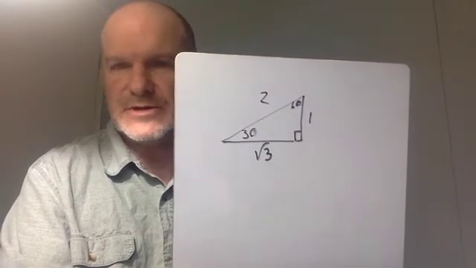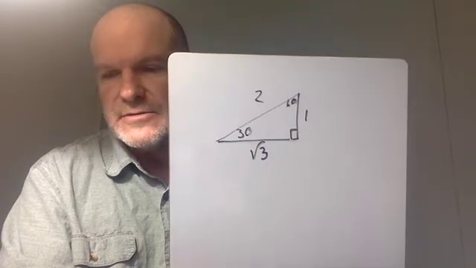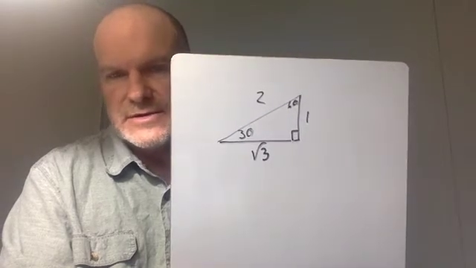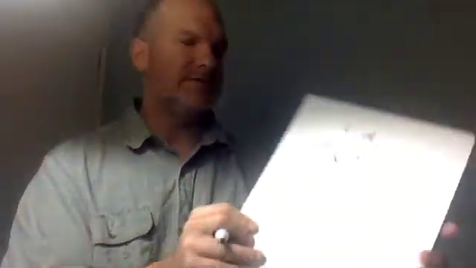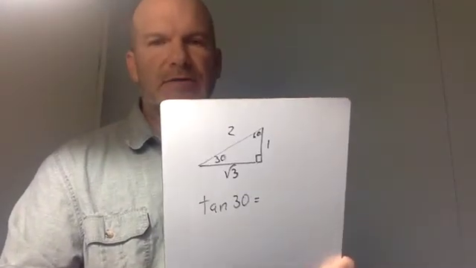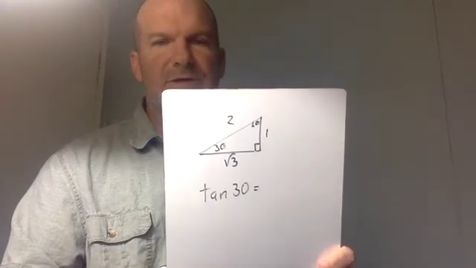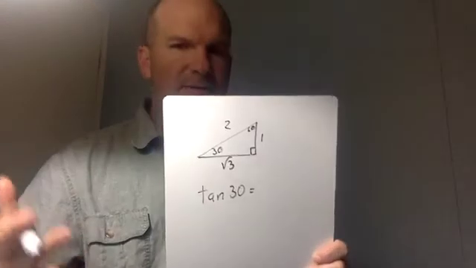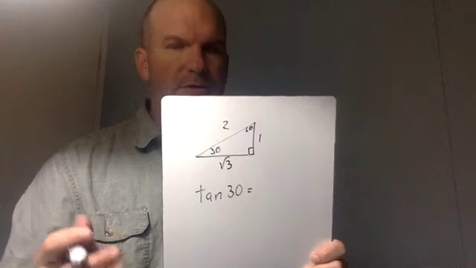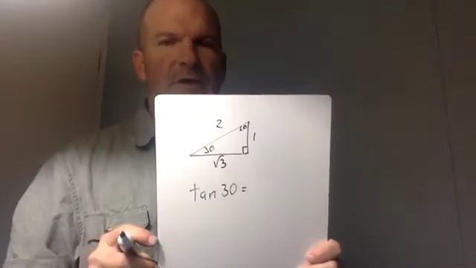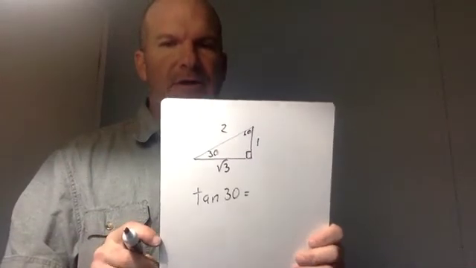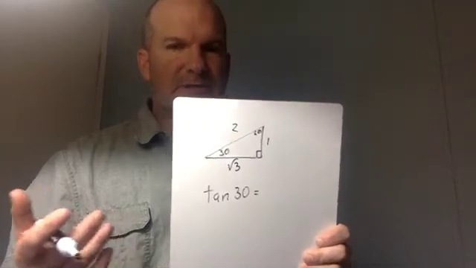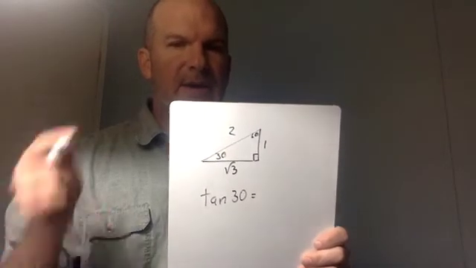Well, this is just SOHCAHTOA. It's a little bit easier than yesterday. You're not solving for a missing side. Tangent of 30 is just SOHCAHTOA. SOHCAHTOA is TOA at the end. Tangent is opposite over adjacent. So the opposite side of 30 is the side that's not making up the angle 30, the 1. It's across the triangle from it. So 1 is opposite of 30. And the adjacent side is the side that makes up the angle 30 that is not the hypotenuse, the square